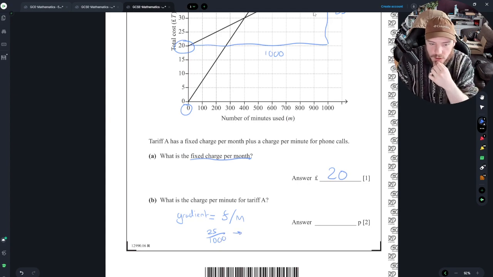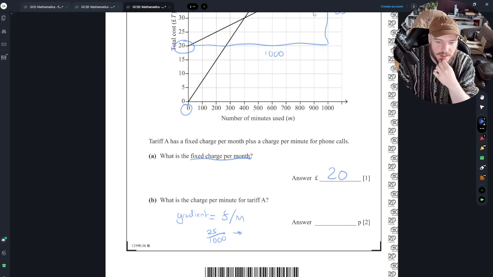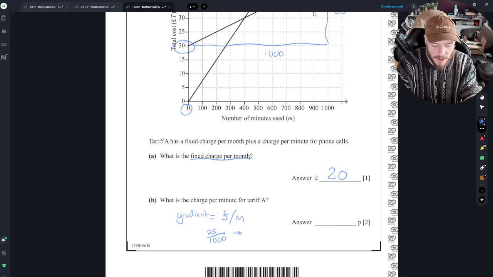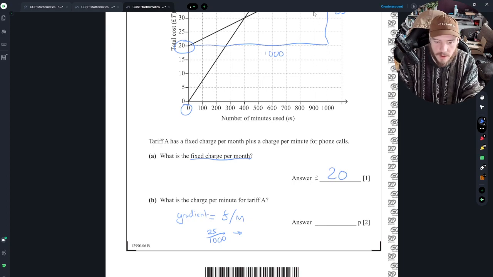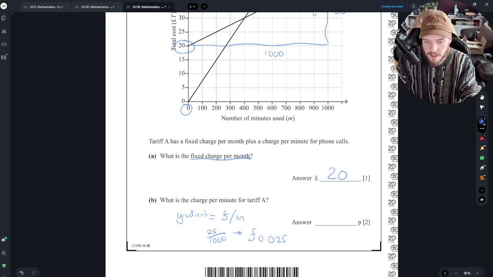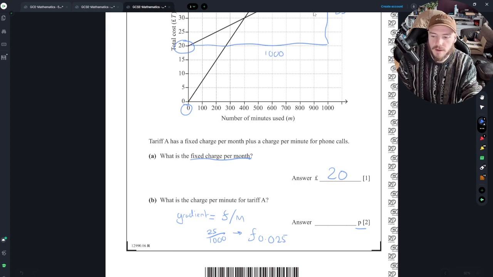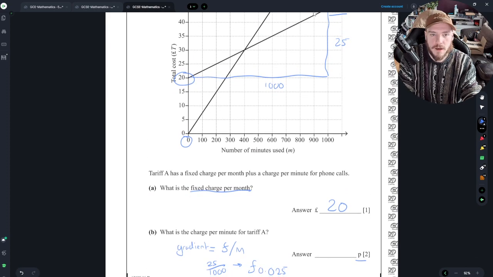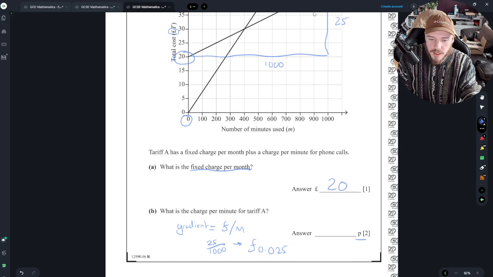So how much do I get per minute? Let's put this into our calculator and get it in its simplest form. It'll be £0.025 per minute. Essentially, our gradient is the cost per minute. Now our answer is in pennies. As we can see up here on our graph, the unit is in pounds, so we just need to multiply our answer by 100 to convert it into pennies. So that'll be